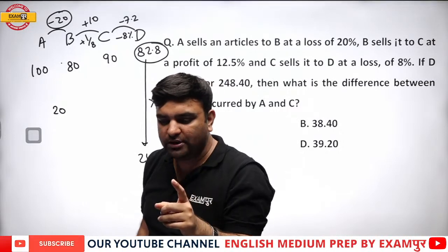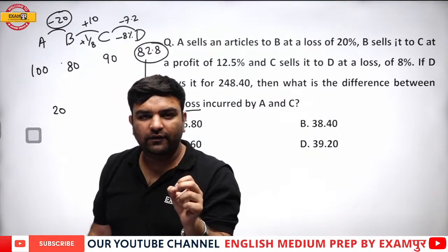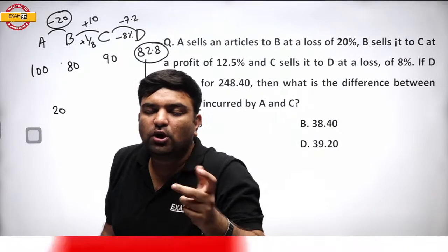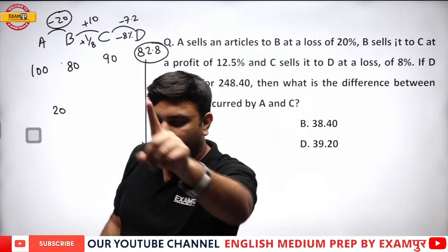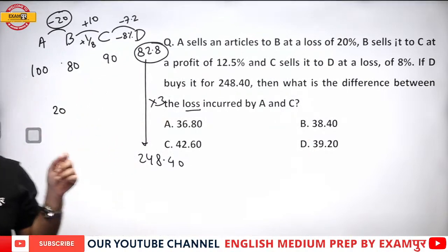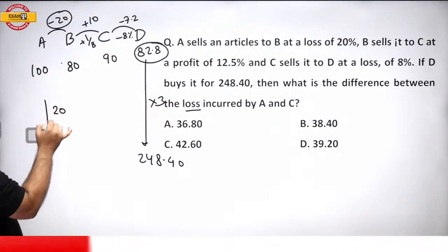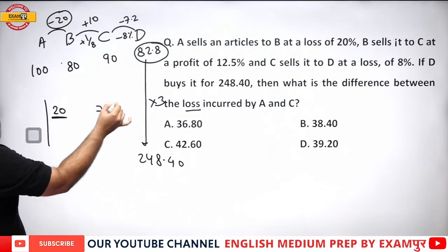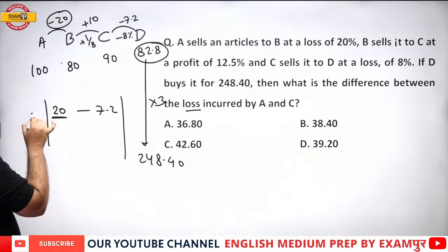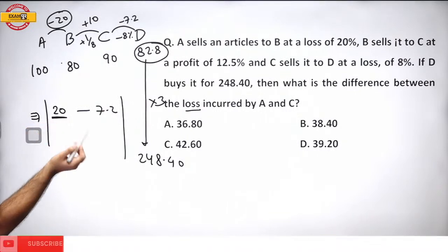Are you getting my point? So one is having a loss of 20, another a loss of 7.2. So the difference of the loss is